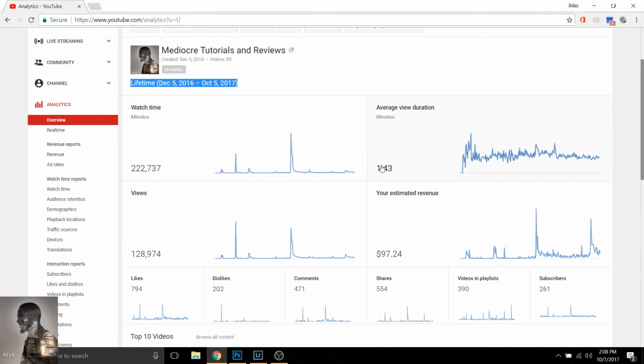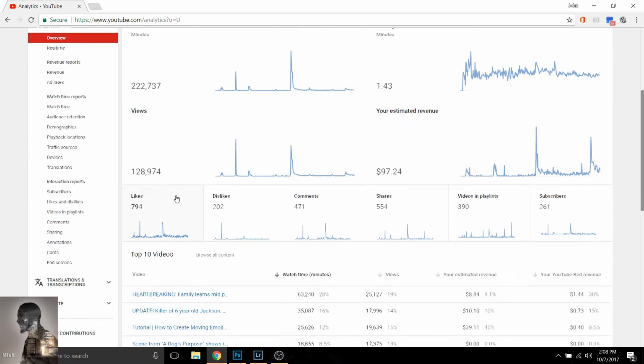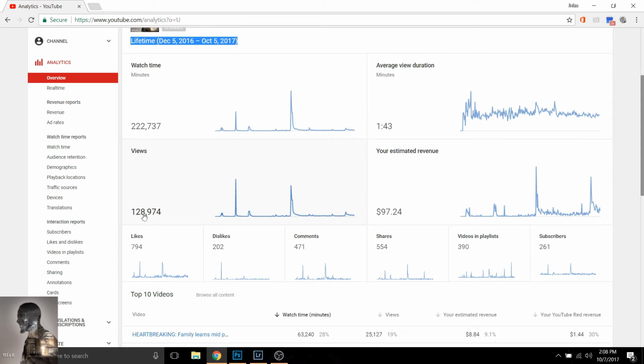You can see here the average view duration, and then within that, how many total views I have gotten since the creation of this account. And then here is the estimated revenue that I have made since I started the account. Also to keep in mind, for people who would be new to this platform, Google actually doesn't send you any checks until you reach the $100 threshold. So I'm a little under $3 away from actually hitting that. It's a major milestone for me.